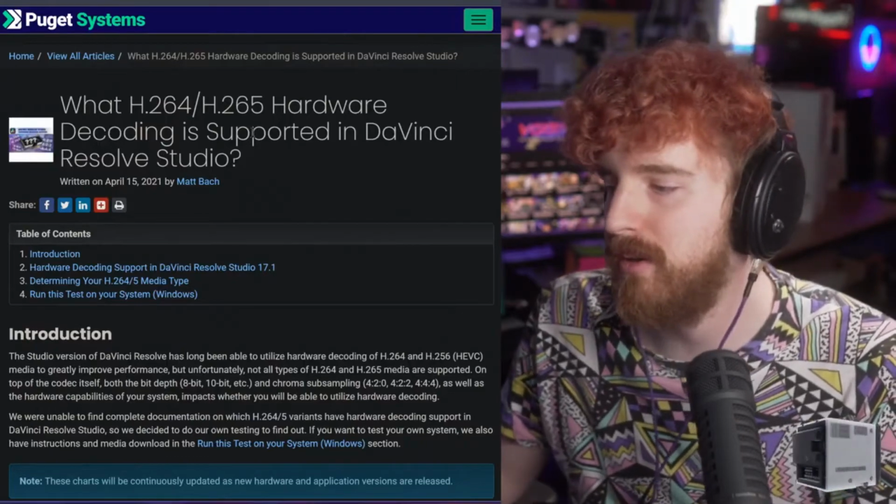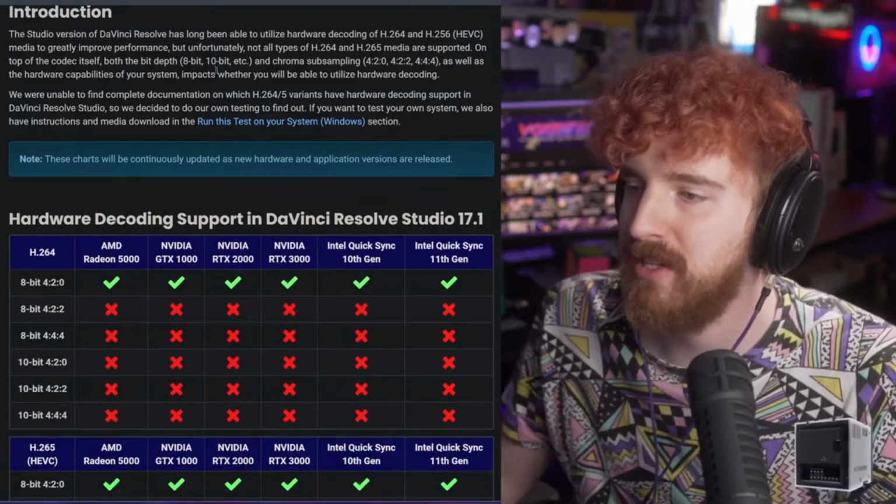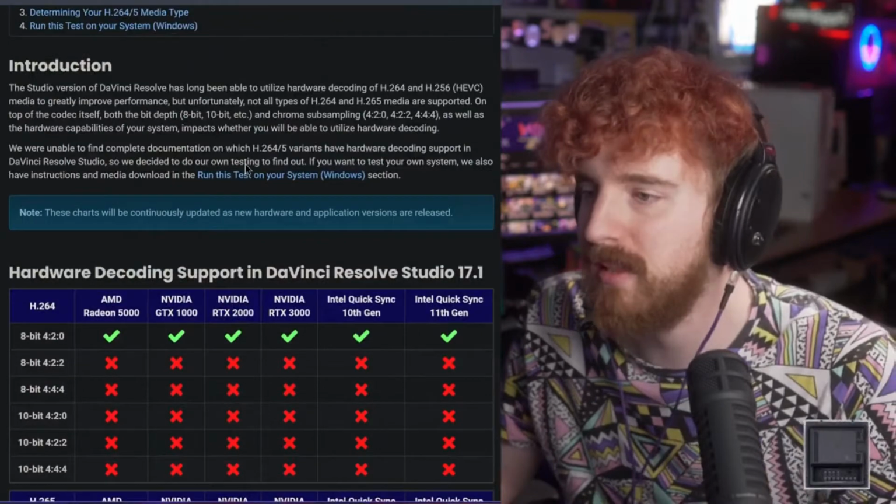Puget put out an article this past week covering which formats get hardware decode support in DaVinci Resolve 17.1, because this has not really been documented anywhere. And this is a little confusing for some,